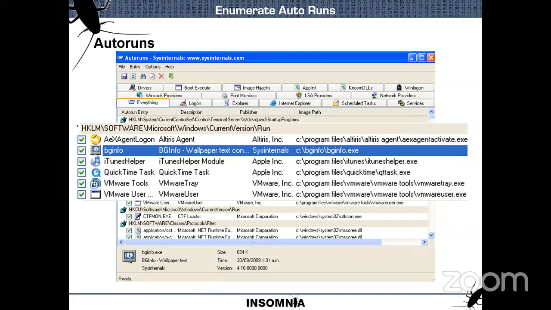We can see here that it's running from the BGInfo directory, and we will assume that the default permissions apply, so an authenticated user can create files in the directory.